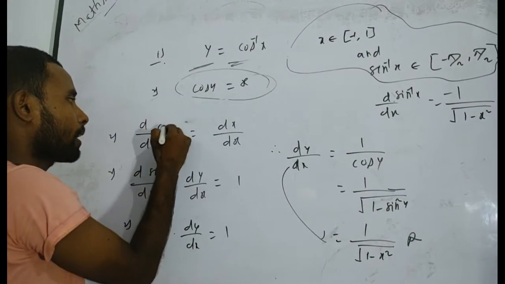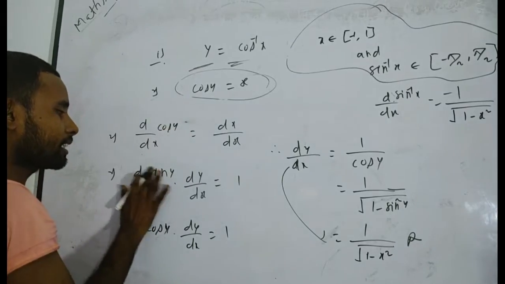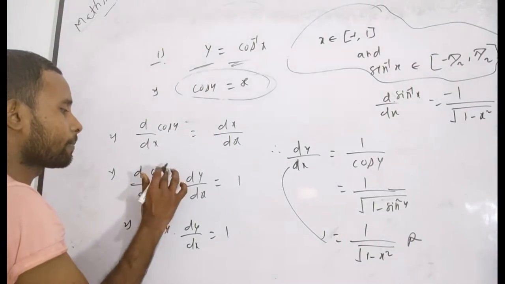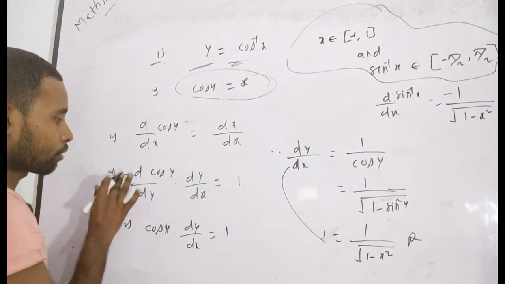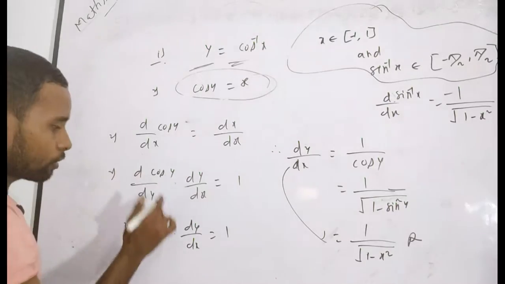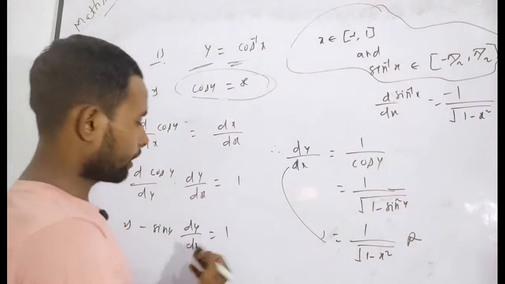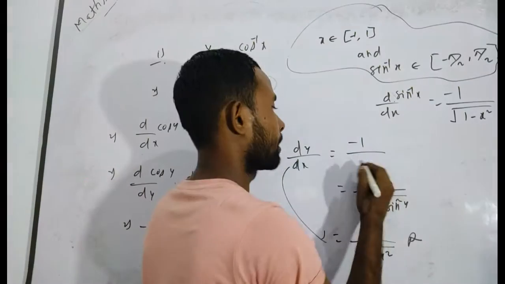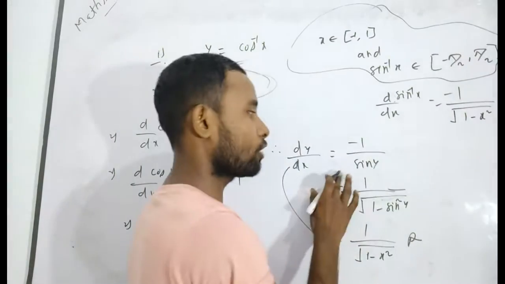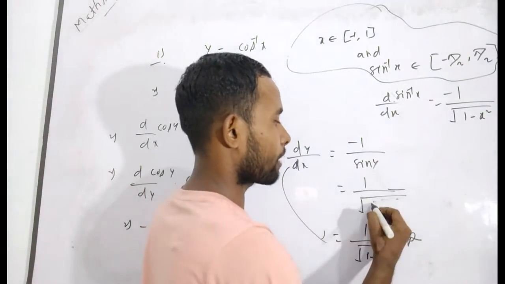Here it will be cos y. After differentiating, there will be cos y and there will be minus. Sorry, when you differentiate, it will be minus sin y. And when it goes to the right side, there will be minus sin y. Again, you have to write here the derivative of that, meaning sin y.